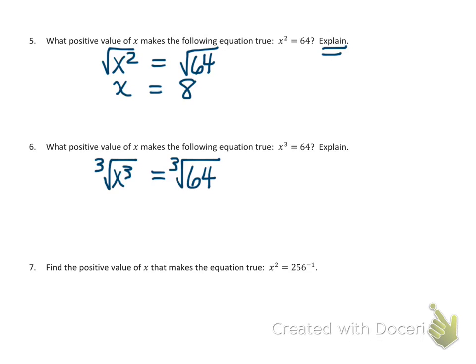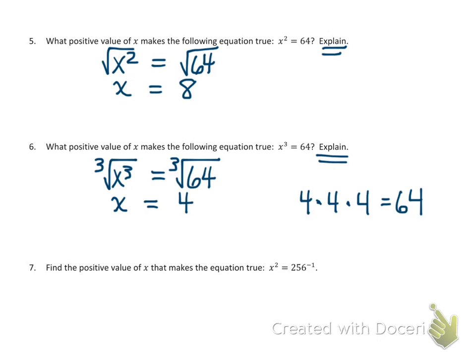Okay, so the cube root of x cubed, and everything I'm saying here should go in your explanation. I'm not going to write it out for you. The cube root of x cubed is x, and the cube root of 64 is 4, because 4 times 4 times 4 is equal to 64. So x equals 4 is a solution to that equation,